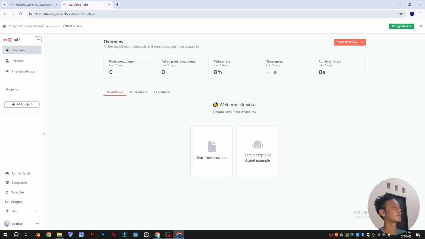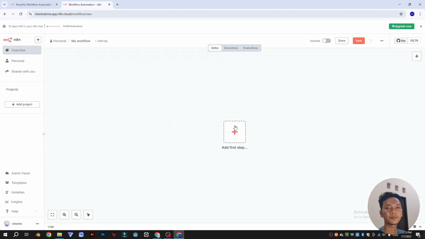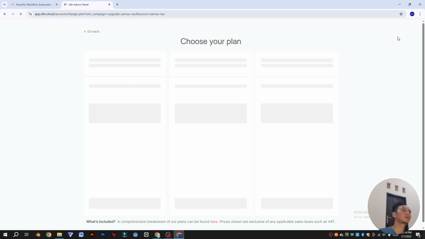And then for the free trial, they have a limit of 1000 executions. Then here is, again, the full service in 14 days. One of the key advantages is the availability of the 14 days trial. This is perfect for evaluating the function before committing to a subscription or trying another installation method. To upgrade, you just click upgrade now in the top corner.